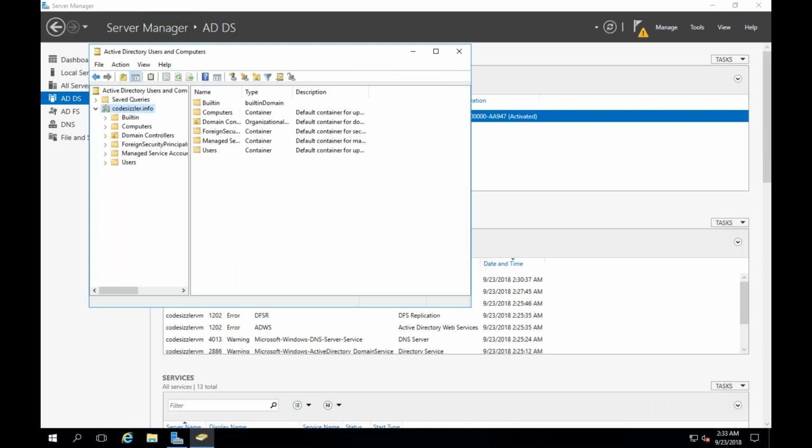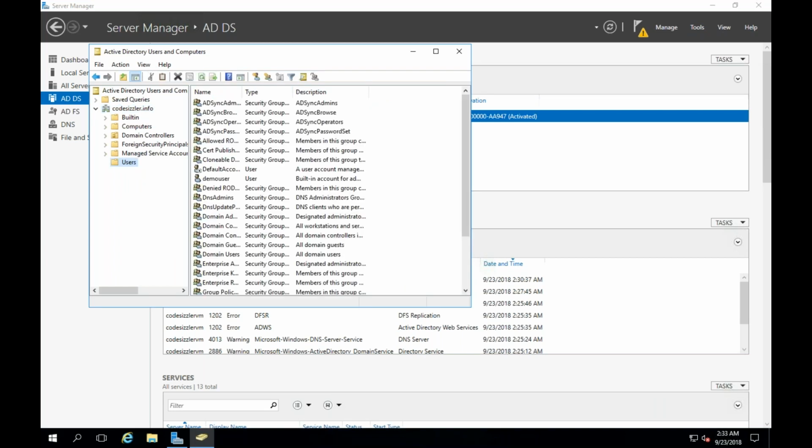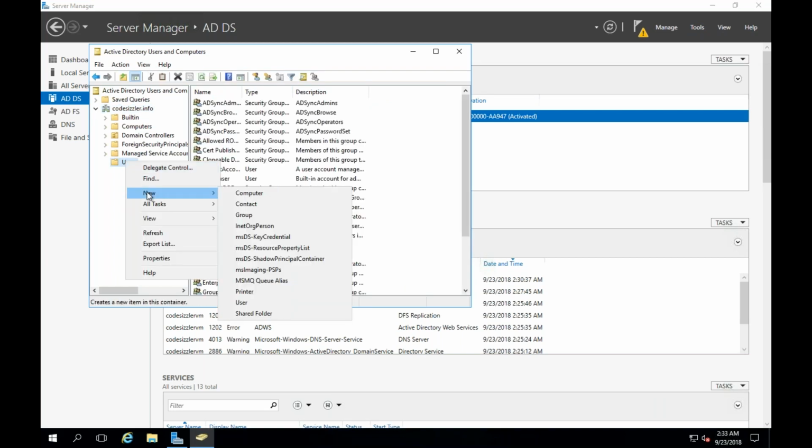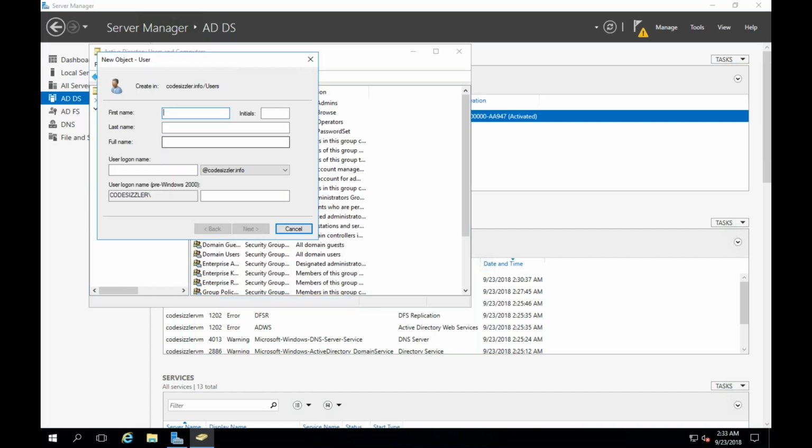Yep. So here I have this codesister.info. You can go to the users. Got it. So you can click on new user. See, you can say new user here, and you can give the first name and last name. So this is what I mean. I guess Sandeep or someone was speaking about it. You can say user